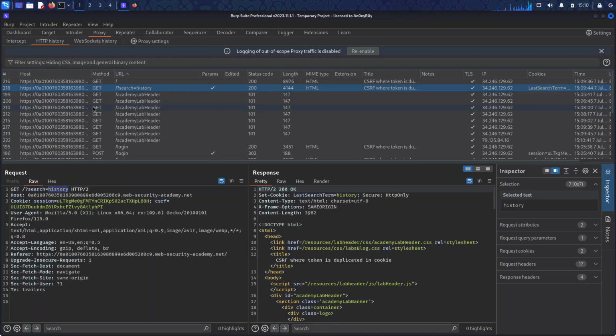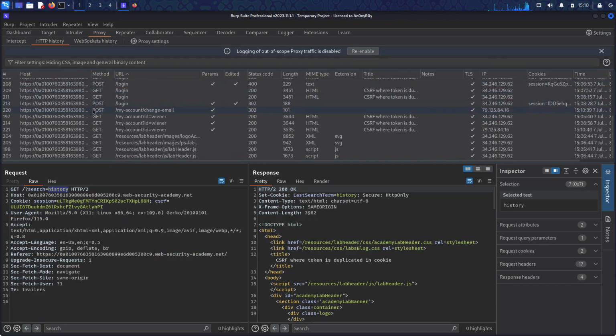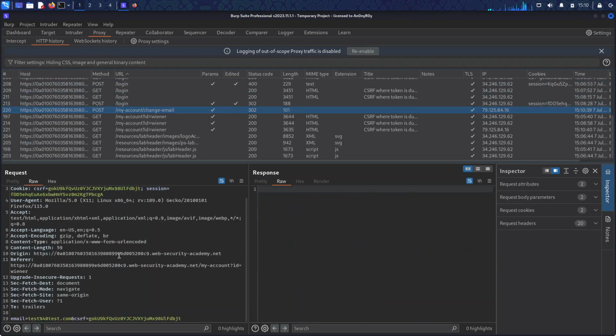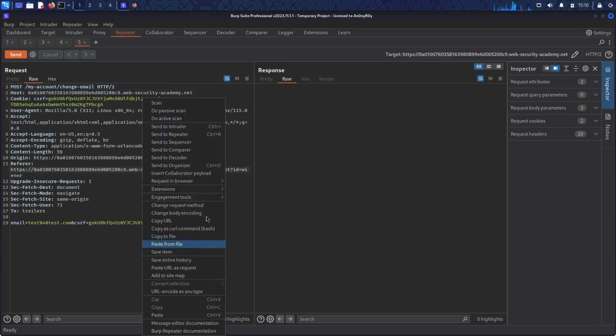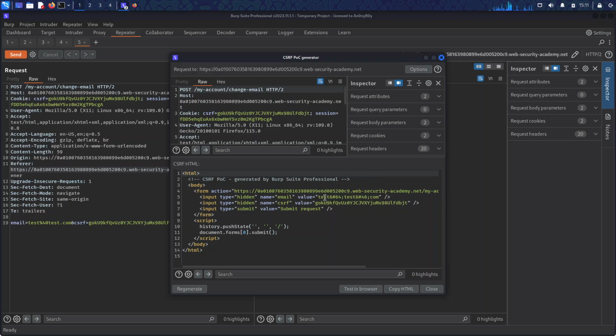We have the email change request. I'll send it to repeater. And now, for it, we need to generate the CSRF POC. I'll change the email. I'll remove it. And again,